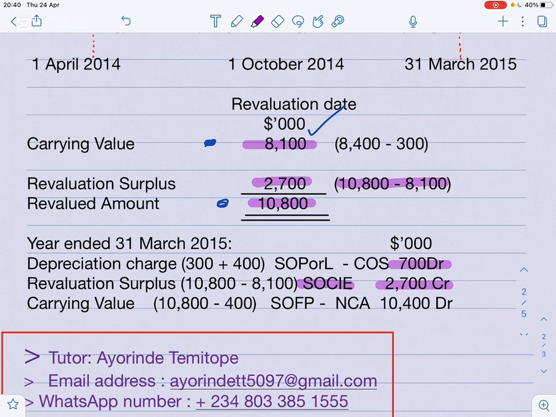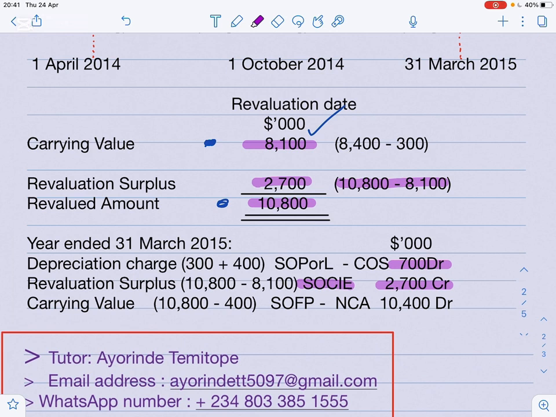There are a number of items that will come immediately after profit for the year, and one of them is the revaluation surplus of the current year. So this same 2.7 could appear under OCI. OCI is other comprehensive income. Okay, so the 2.7 will go to statement of changes in equity. It will also find its way